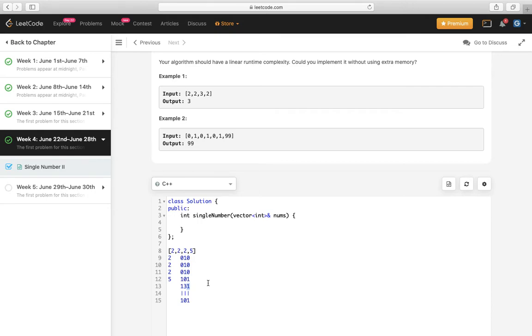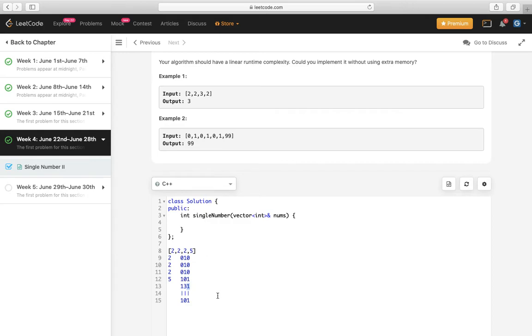It is like an algebraic expression of the form 3x plus y, in which x is the bits of the number that appears thrice, and y is the bits of the number that appears only one time.